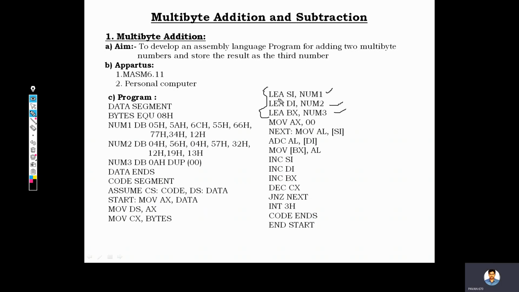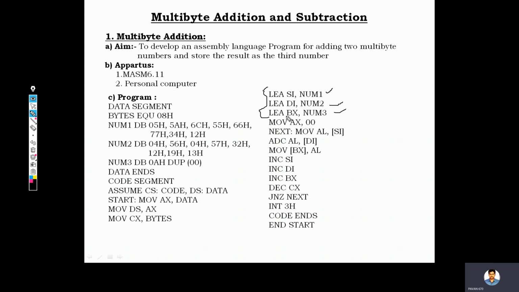So, from which location our data is getting stored inside that segment, to track those values or to hold those starting addresses, we will use some registers which are called index registers and base registers. That's why SI is called the source index register, and DI is called the destination index register. BX is actually one of the general purpose registers in the 8086 architecture, and its other purpose is also as a base register, which holds the base address of some series of locations in the data segment. For that purpose we can use this register.